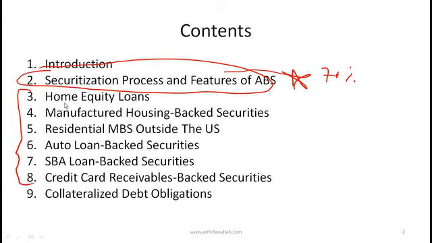So when you talk about home equity loans, or let's say auto loan backed securities, this is simply an asset backed security where the collateral is auto loans. For all these various kinds of asset backed securities, we just need to understand the core cash flow characteristics, prepayment characteristics, and obviously what exactly they are. So rather than going over all the details in the curriculum, I'll just focus on the core points that the learning objective statements highlight, but the sequence I'll go through is along with the curriculum.